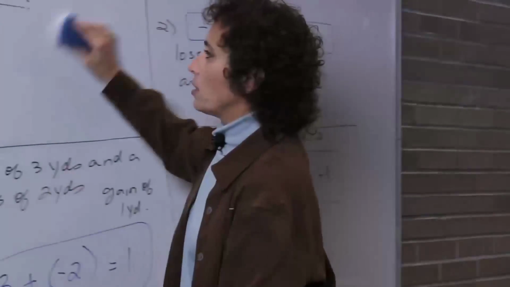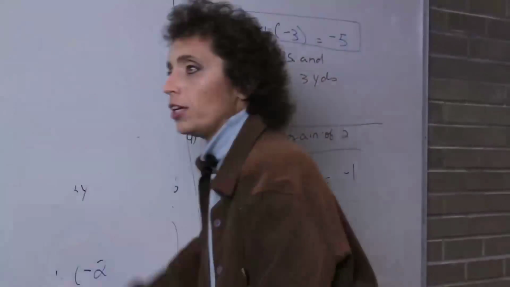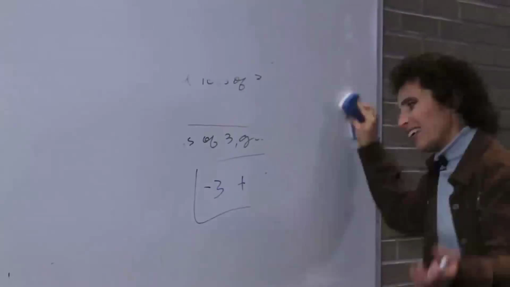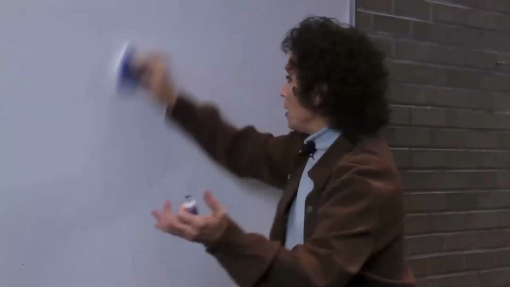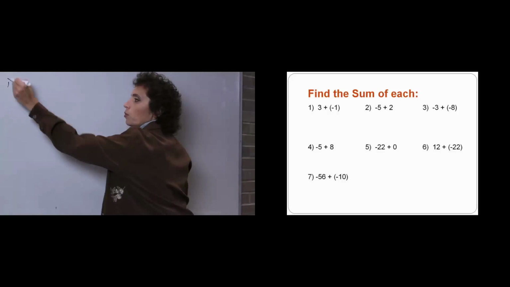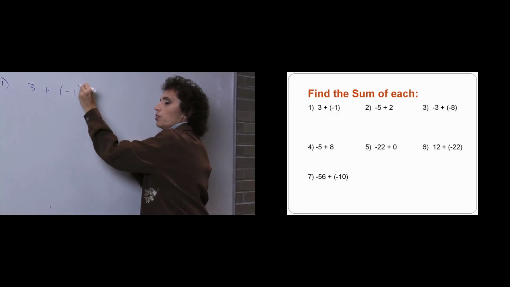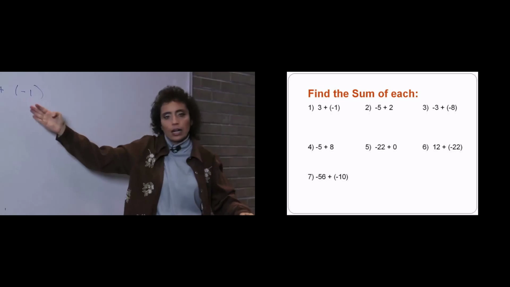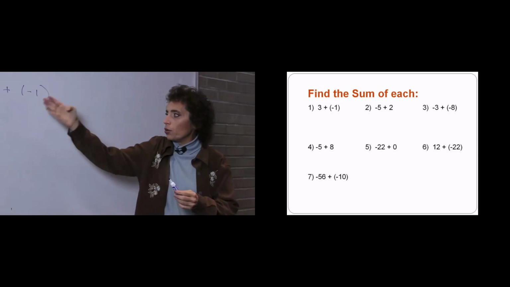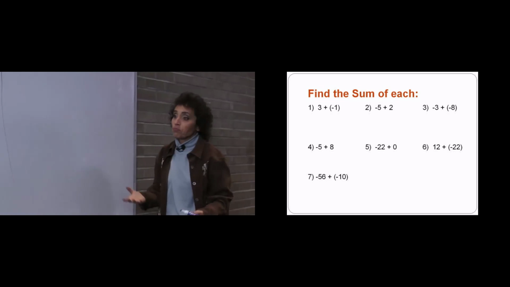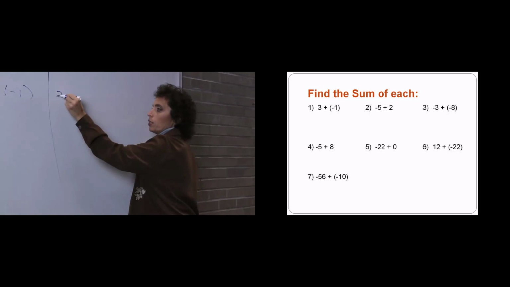Okay, so let's look at this next set of problems. I'm going to do these with you. I think if you just think money, everybody understands money. If you think money, we're good. So number 1. We're going to start with numbers that are really small. 3 plus negative 1. Think of this as I have $3, but I owe you $1. So if I have $3, but I owe you $1, I have $2. Done.